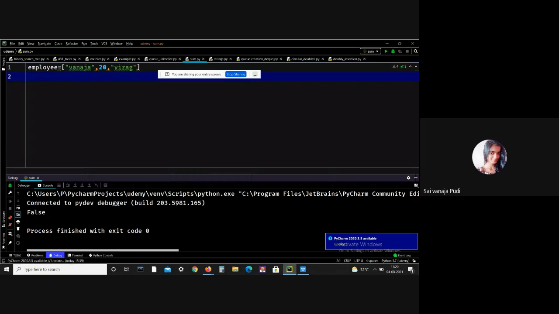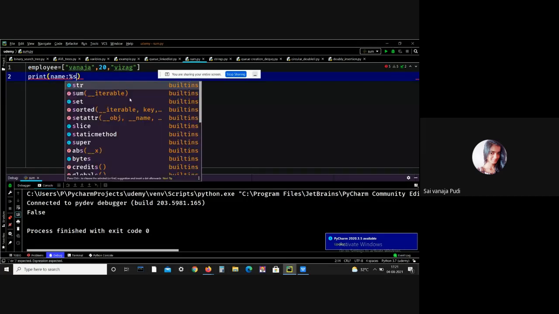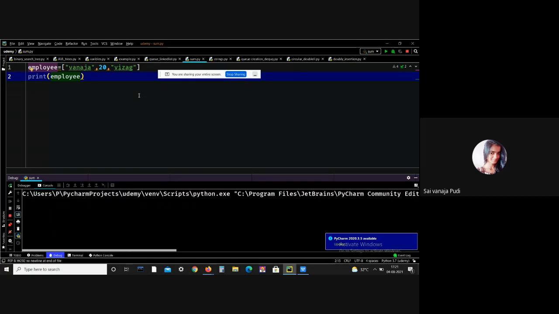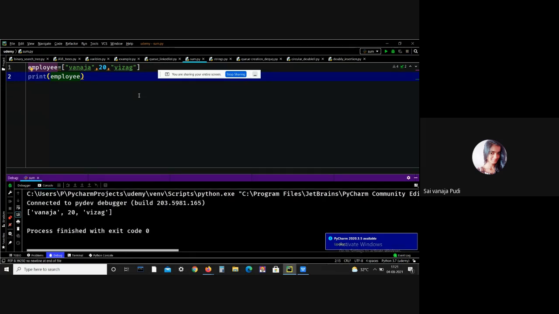If you want to print, let me print it. See, here I'm just printing the employee list. You can even print like: name is Vanessa, age is 20, location is Pisa.